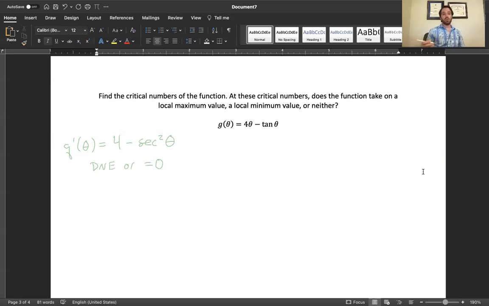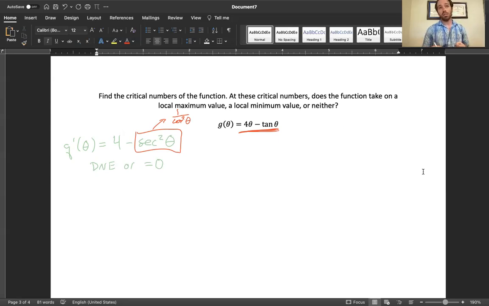The derivative of this fails to exist when cosine is equal to 0, because secant squared is 1 over cosine squared of theta. And cosine squared will, of course, be 0 when cosine is 0. So secant squared will fail to exist when cosine equals 0. Well, cosine equals 0 is already eliminated from the domain of this function because tangent is sine over cosine. So the derivative is only going to fail to exist at the points where this function has vertical asymptotes anyway,